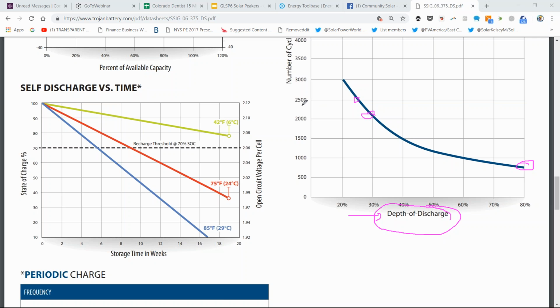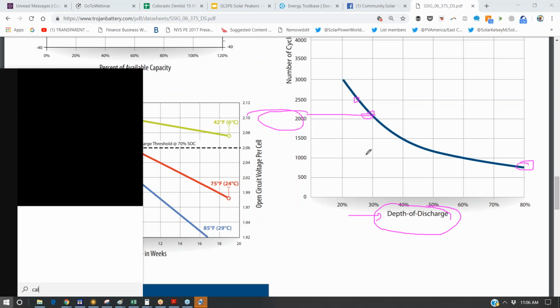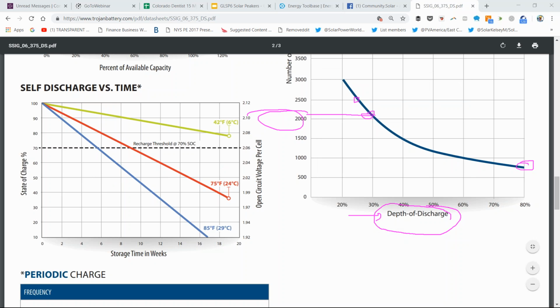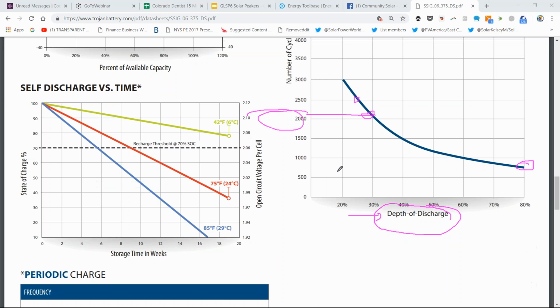And so you can say, okay, based on my battery size and on this technology, if I'm at a 30% average depth of discharge, I can expect about 2,000, maybe 2,100 cycles. And so we'd say, okay, that's a daily cycle. So 2,100 divided by 365 days, our battery bank's going to last 5.7 years. So this chart was kind of necessary for calculating the battery life of lead acid, mainly because you have this